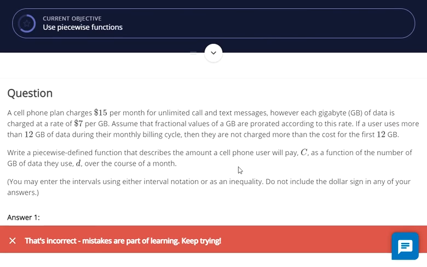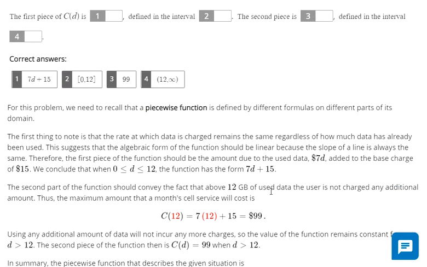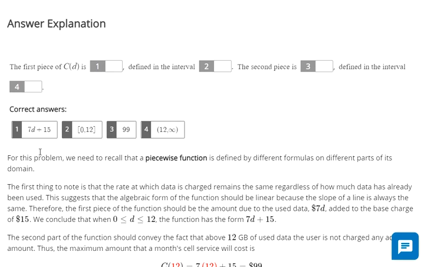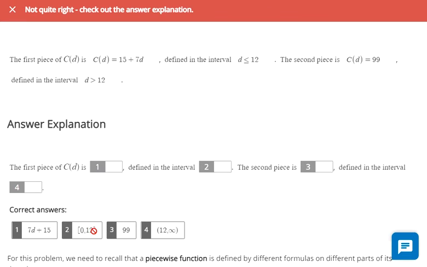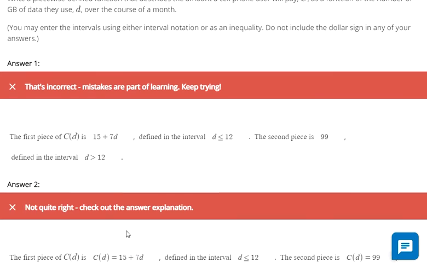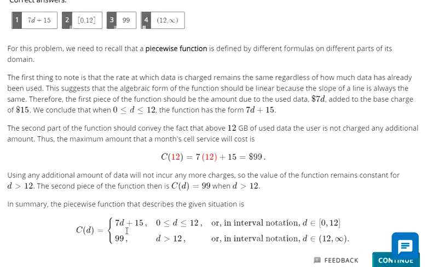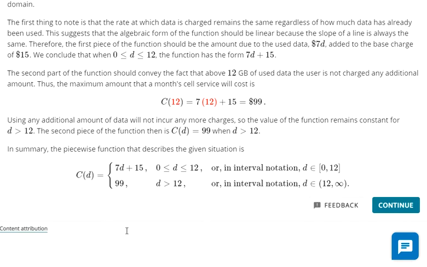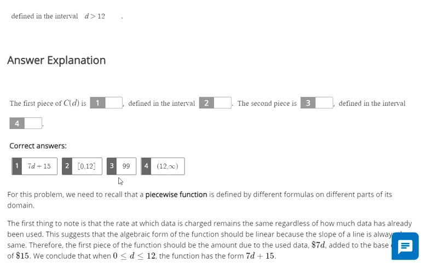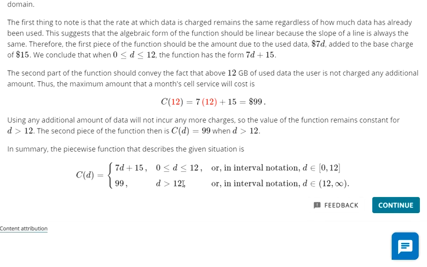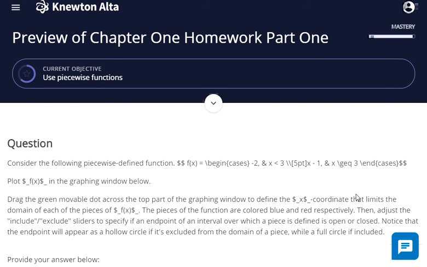Oh, it looks like I didn't read the instructions. You may enter the intervals using either interval notation or as an inequality. No, I did an inequality, so that's fine. 7d plus 15, that should be fine. They use inequality notation, but they said an interval was fine. That's what I had. They said inequalities were fine, and then it did not accept any of my inequality answers. Okay, well,